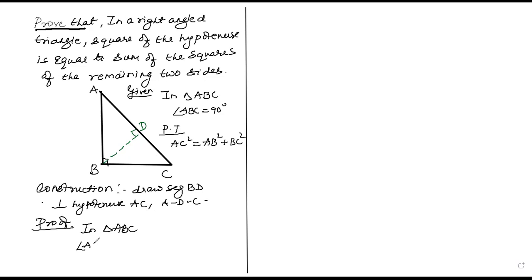देखो, एंगल ABC इक्वल 90 डिग्री, ये तो आपको गिवन है. गॉट इट. और बाद में आपने जो कंस्ट्रक्शन किया, सेगमेंट BD परपेंडिकुलर हाइपोटेन्यूज AC, ये तो आपने कंस्ट्रक्ट किया है, बाय कंस्ट्रक्शन।